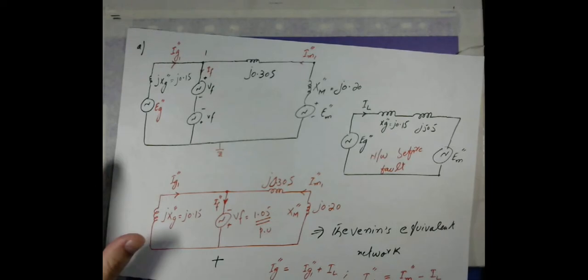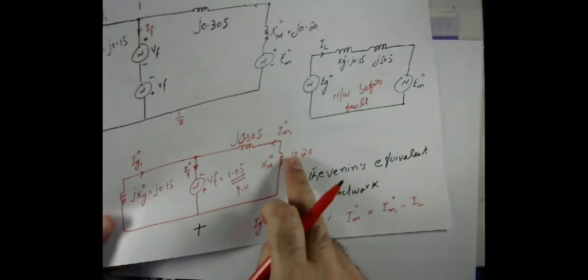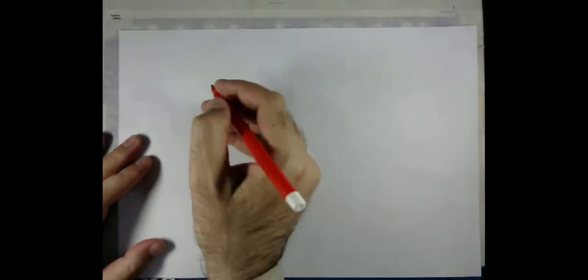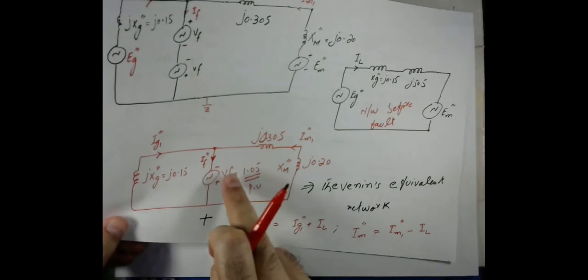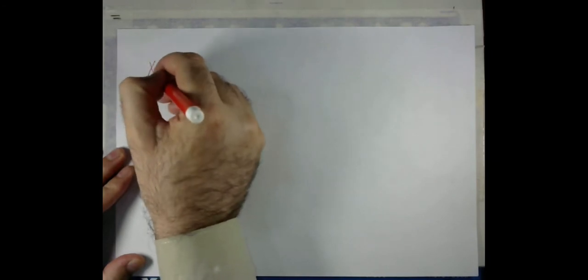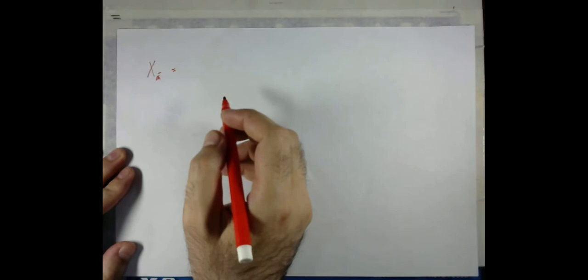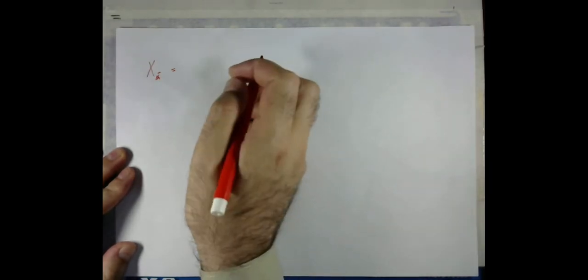So let me first solve the circuit. As one can see, these two branches are in parallel. So let me add these two and then take the equivalent reactance. As this is the Thevenin equivalent network, the Thevenin reactance, what we call XTH, will become, as the two branches were in parallel,